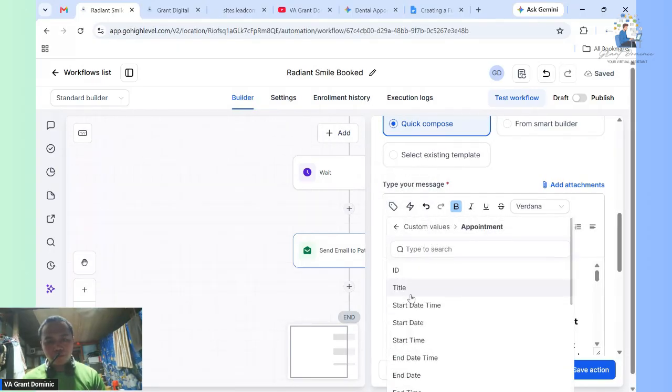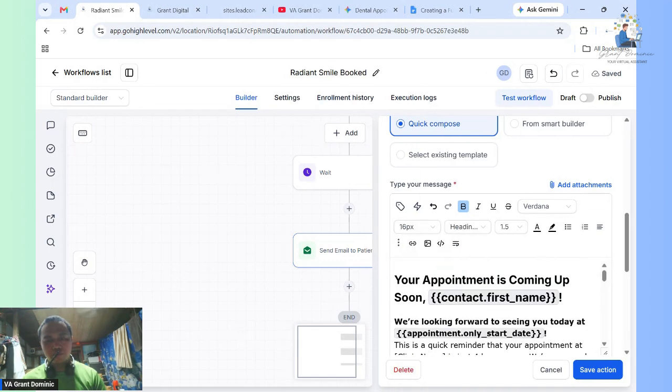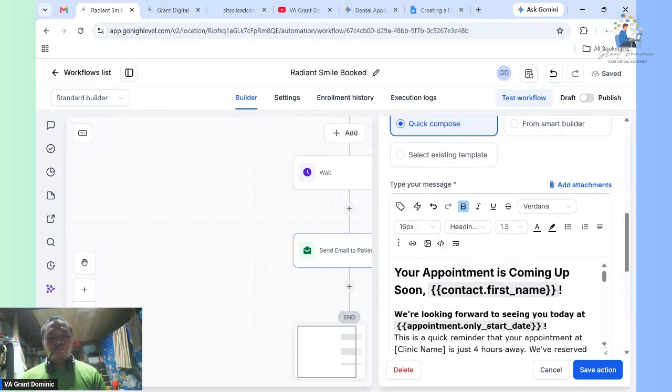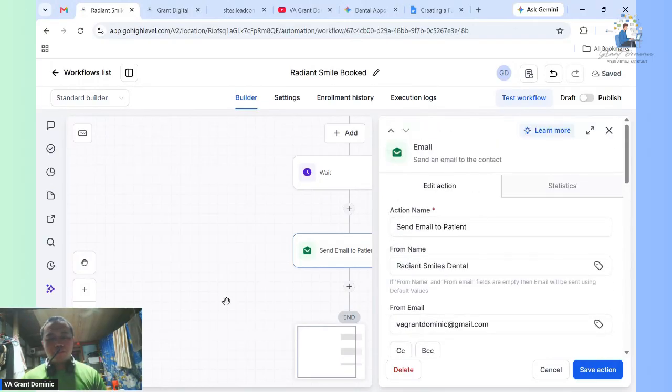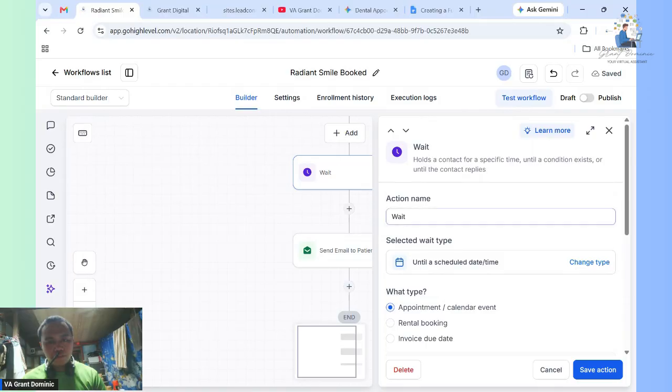So custom values, contact, first name. So we're not going to change that because I will show you how it works to automate. Save action. I will name this: Wait.